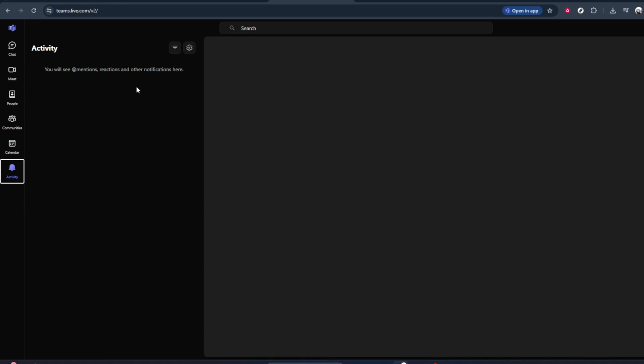It helps you make sure you haven't missed a direct mention, a question from a teammate, or an important update in a channel you follow. Whenever you return to Teams after being away for a while, clicking activity is the quickest way to get up to speed. That's all you need to do. Open Teams, locate the activity icon,